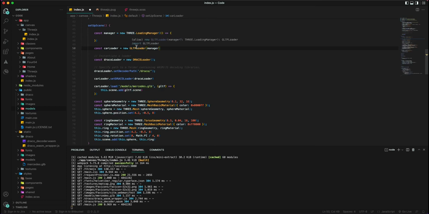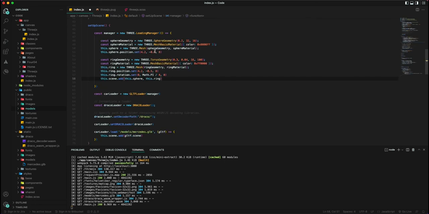Without adding it to this GLTFLoader, we won't wait for the loading to finish. And if you hover over, as you can see here, that's what we can add, which is exactly what we have, the loading manager here. So now I'm gonna copy everything inside this loading manager, and